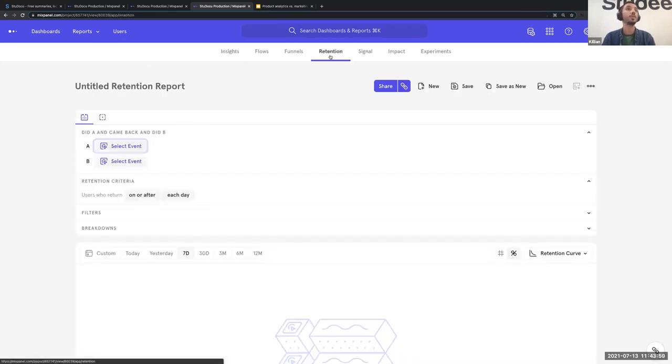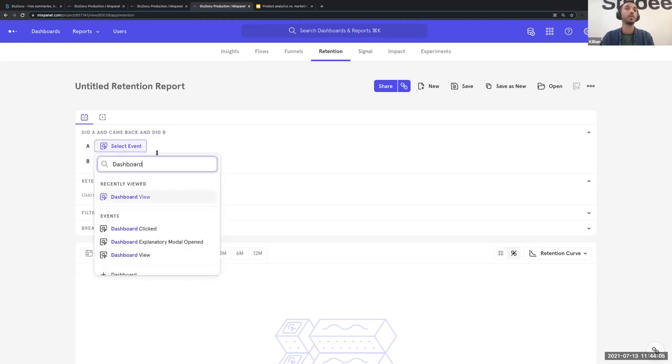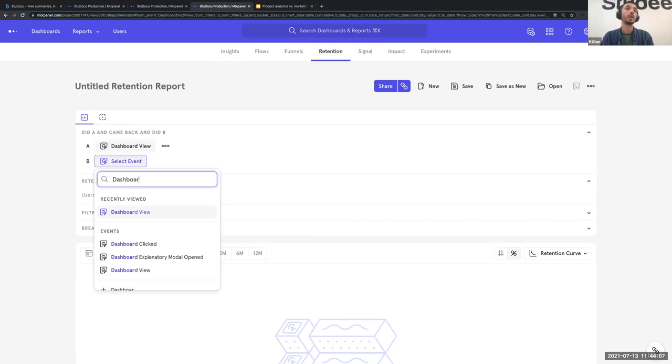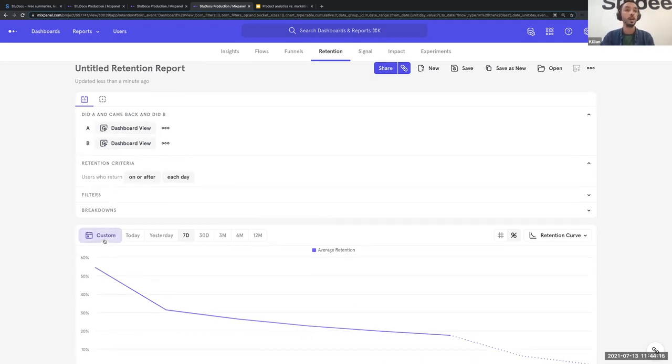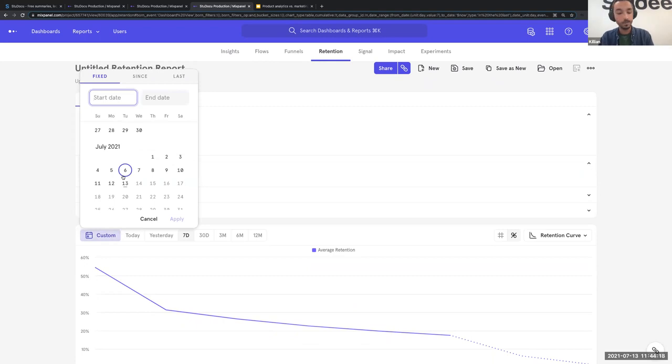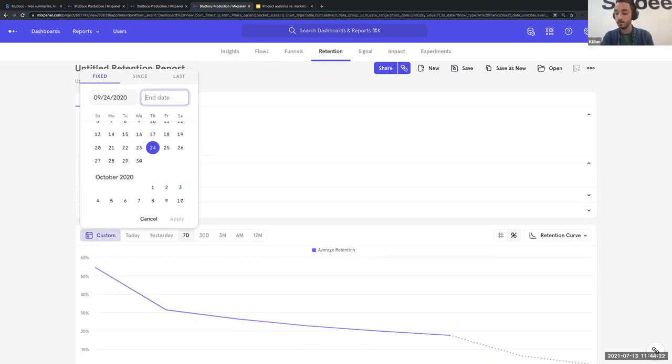The last thing I want to show you is the retention tool. There are other tools that you can dig in that are also super helpful, but the retention one is also very nice. So you can look at users who saw the dashboard and came back in the next days again to the dashboard. And I'm gonna show you that again for the same A/B test. So that was again this.